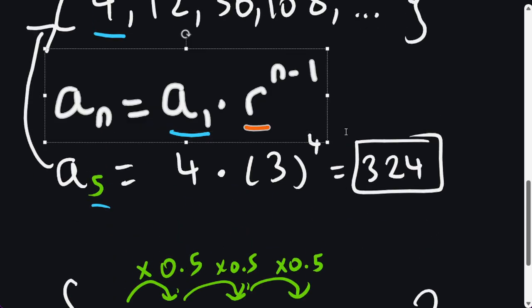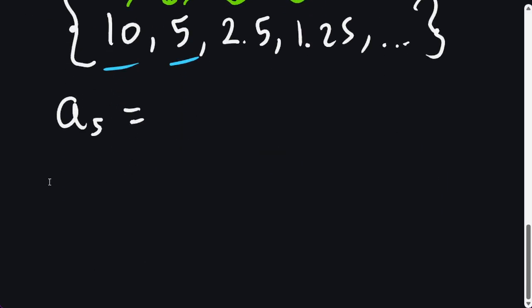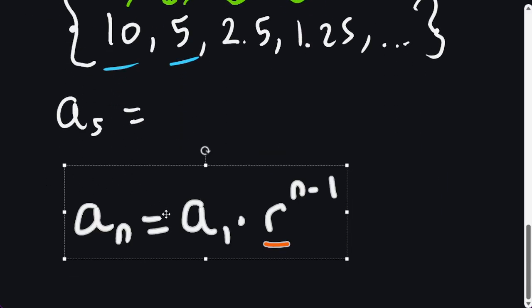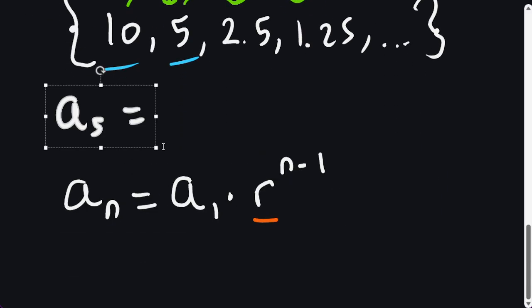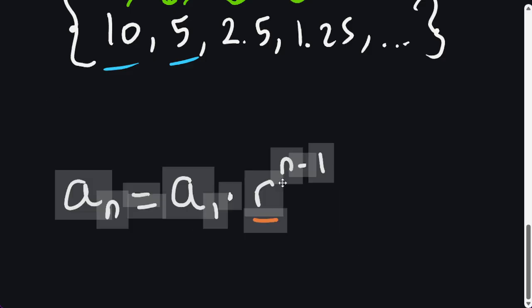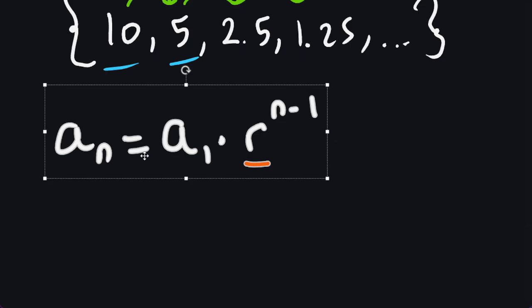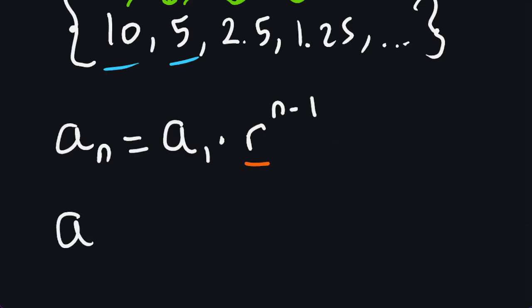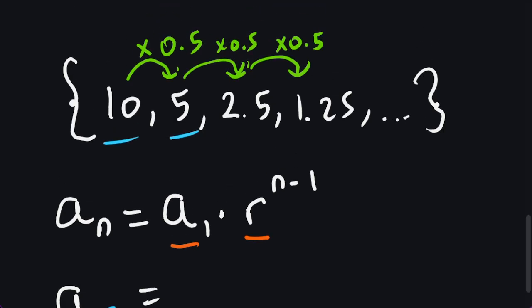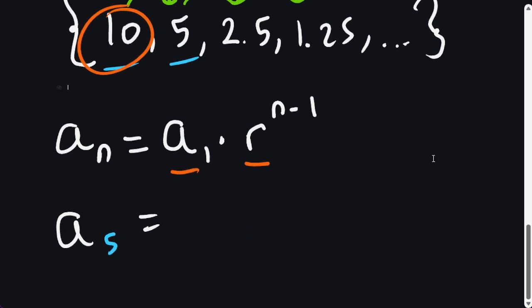It's this one right here. Let me copy and paste it. This is the formula for any geometric sequence to find any term. And if we wanted to know a sub 5, all we have to do is plug in our values. So what is a sub 1? The first term is 10. We'll put a 10 right here,